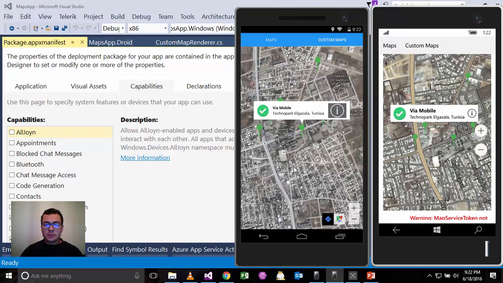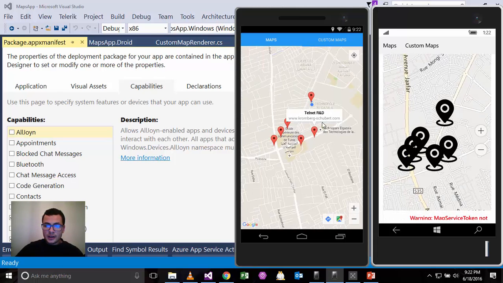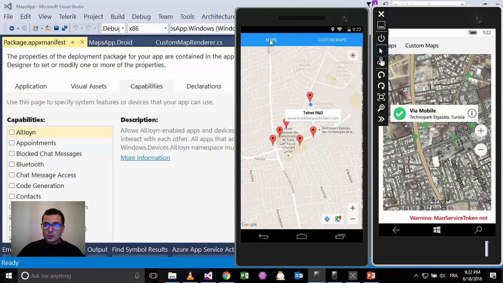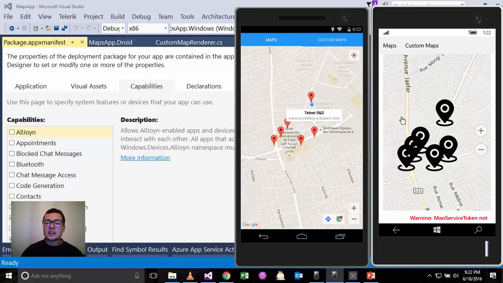Now let's discuss some things to consider when using maps in Xamarin Forms. As you have seen here in the first page, maps are not fully supported in Xamarin Forms. You see here with the maps control I'm able to add pins and only pins. I can't, for example, change these pins if I don't use custom renderers. So the support of maps in Xamarin Forms is still not really mature. For that,